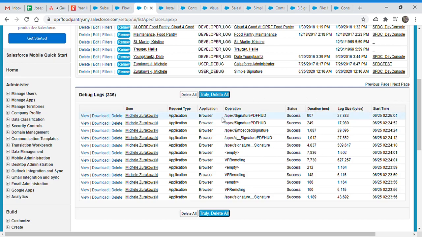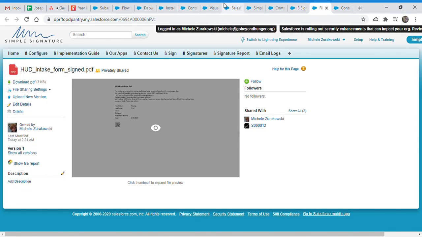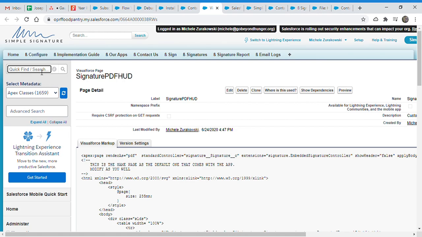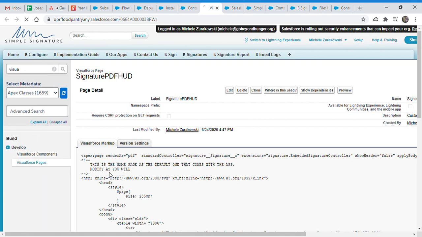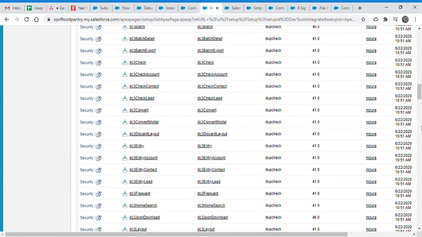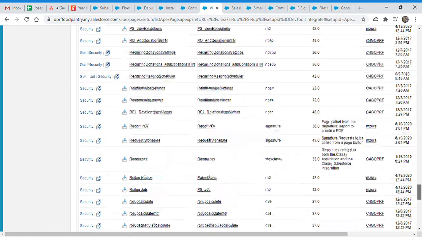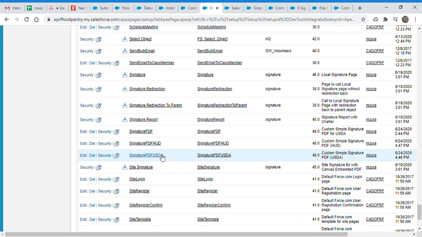But you see here, this is, yeah, here after signature is processed, it ran the PDF here. Okay, and I should test with one more page. Let me see, you said there are two or three pages. Maybe I can find it here. What was the name? Signature, this, because I am testing with this one. Maybe this one, let me see if it will work.